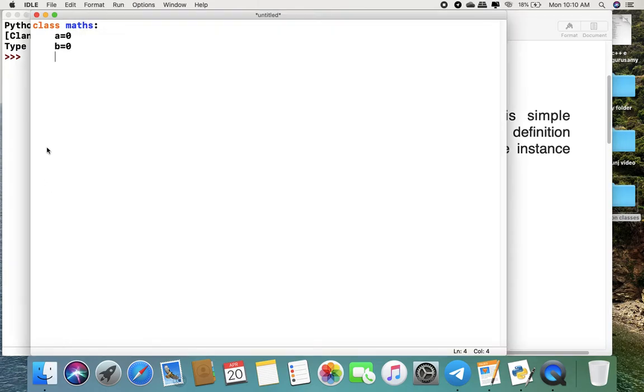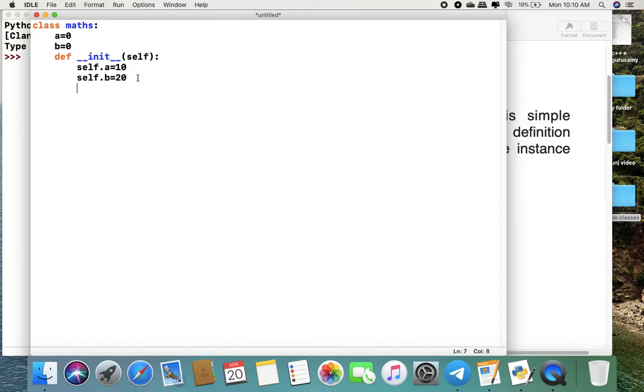Here we write def __init__ with the default argument self. I write here a equal to 10 and b equal to 20. The variables of the class will be written as self.a and self.b.